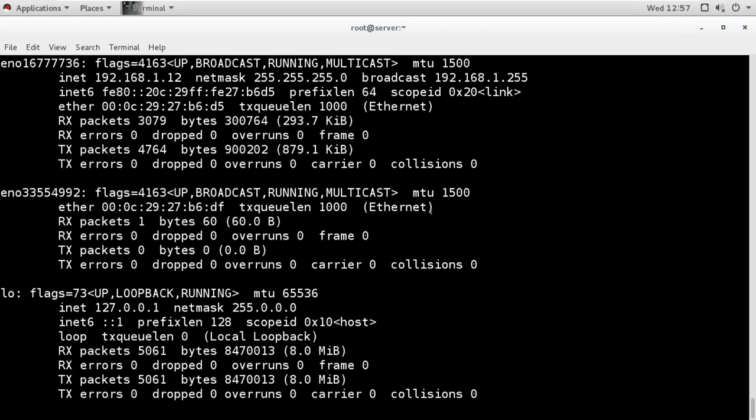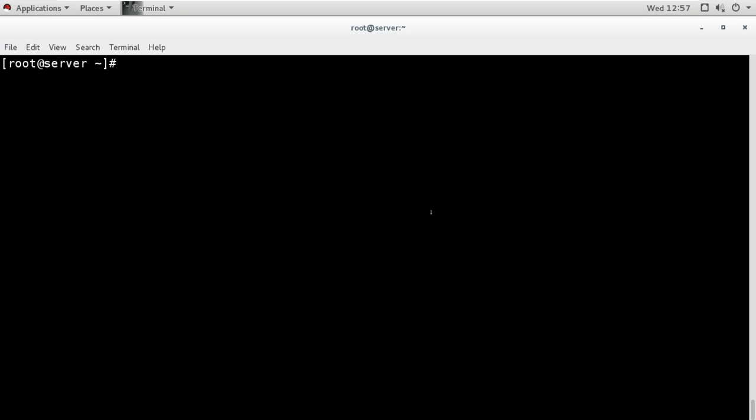So first I will make sure the internet is working here. I will enable the interface. Basically it is on DHCP, so I will just make it up.